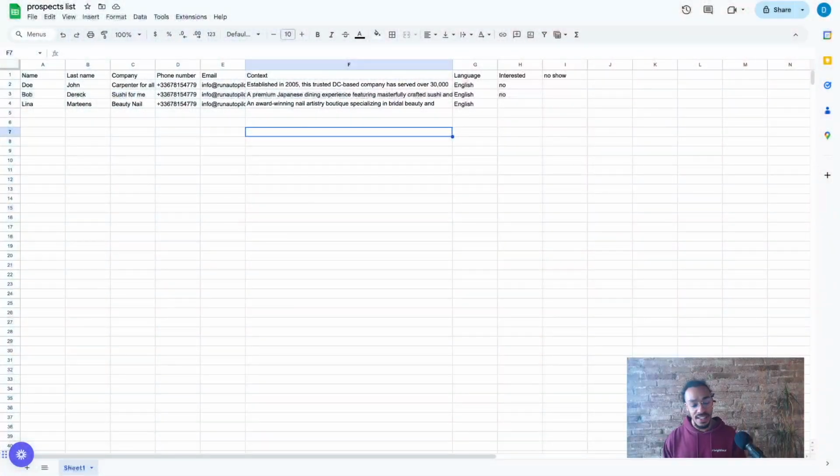So here is my Google Sheet list where I will have a lot of leads. For example, I have decided to have some local shops and I'm going to try to sell them on booking a demo for a WhatsApp automation tool in order to help them increase their bookings by 30%. I have a first column, which is the name, the last name, the company name, a phone number. As you can see, this is my phone number here for the three of them, an email,